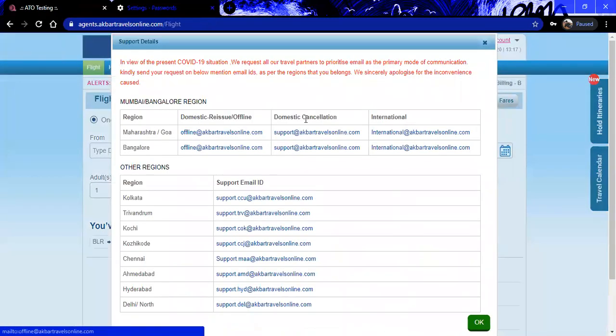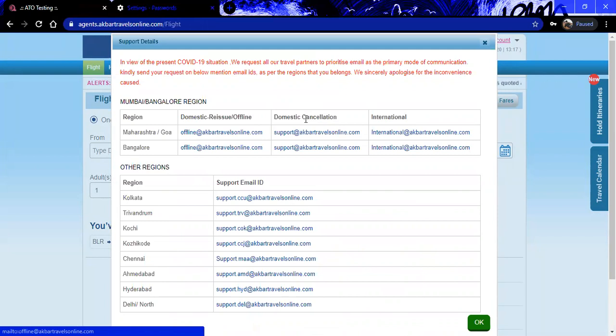Here we come to the next page, which can be called the post-login page, that is the service search page. The very first thing you will see is a notice board. This notice board is useful for an agent to stay in touch with updated information as per the situation.